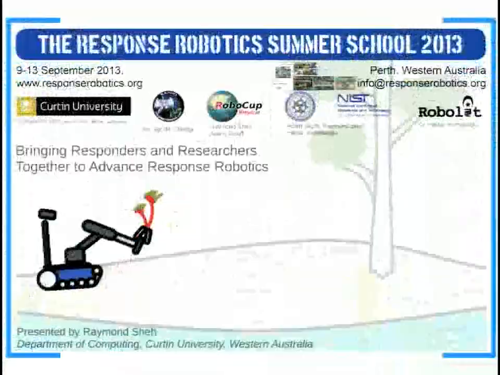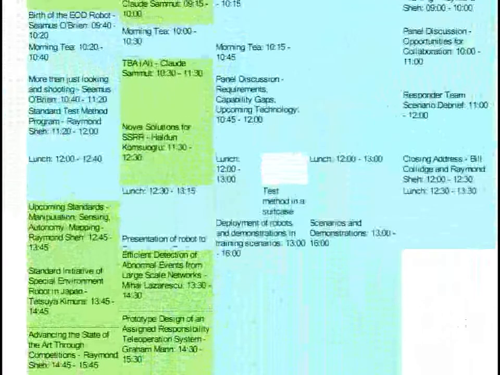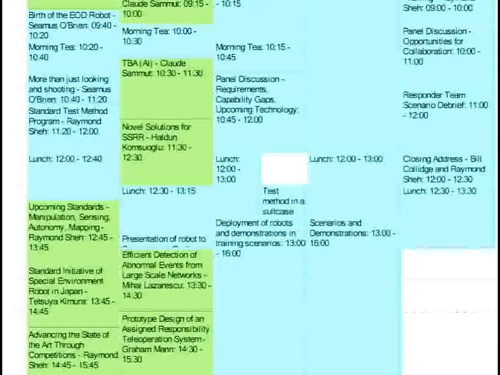So this year's event was, I believe, unique, and I'm sure Robin can correct me if I'm wrong, in that this was the first time that such a summer school had been held in parallel with and co-located with a bomb squad commanders conference, in this case the Australian Bomb Response Technology Seminar, with about half of the sessions being held jointly. This had the great advantage that it allowed the responders to get a good insight into what was coming up in the research field and to help guide and influence it.